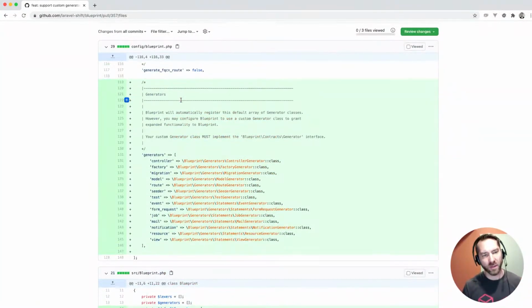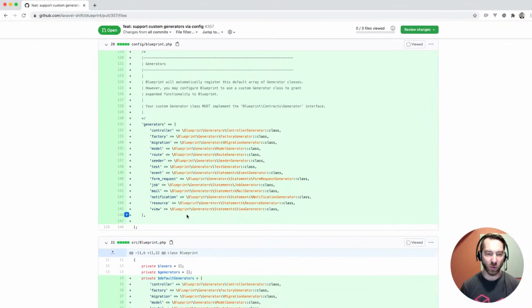Some people have been requesting in issues, hey, I want to override the generator. And you've always been able to do this with swap generator, but it's just a little more work. Maybe you overrode this in your own little class, so instead of making a service provider and pulling out blueprint and then writing swap, you could actually configure it in your project. For example, oh, hey, Yoast. It looks like perfect timing. So for example, if you wanted the tests to be generated,